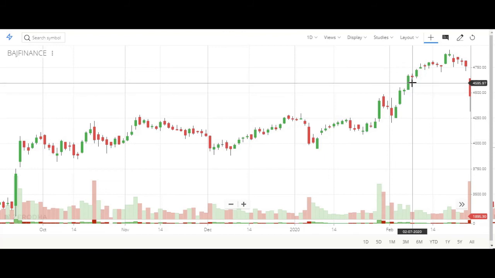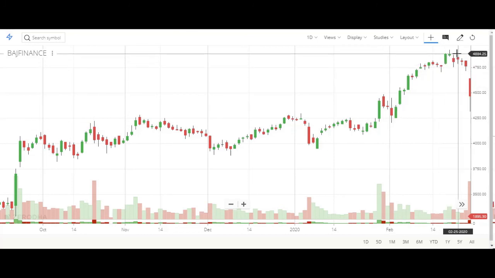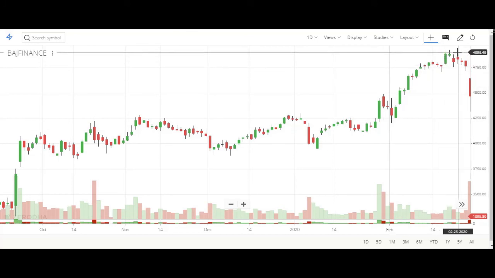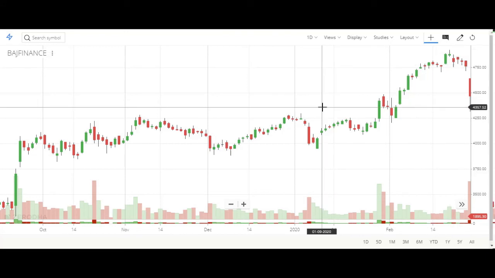Or if you are trailing the stop loss as it moves upward, you can also have a very good profit, as it moved from the level of 4,000 to 4,100 and went till a high of almost 4,900 above, right? So this is a very good candlestick, but you cannot find this bullish Marubozu most of the time. And if you find a bullish Marubozu candle with very good volume, you can always enter this trade as a long position, and you can have a very good profit as well.